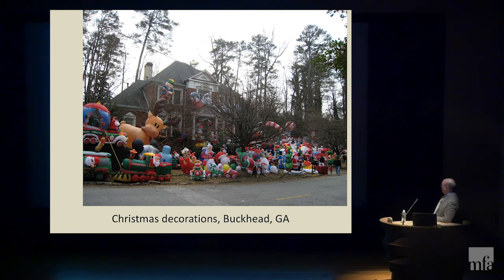And why would I be showing you something like this? Well, for one thing, it may look like really bad taste to you, but art is in the eye of the beholder. And the other thing is that if you look at these things, well, it seems like absolute excess, but they all have something in common. They're all inflatable. In other words, a decision has been made here, a kind of a restriction of possibilities,